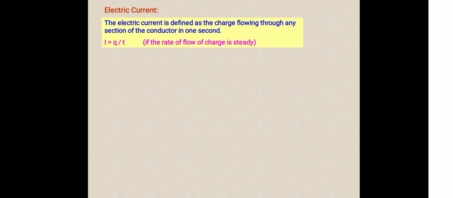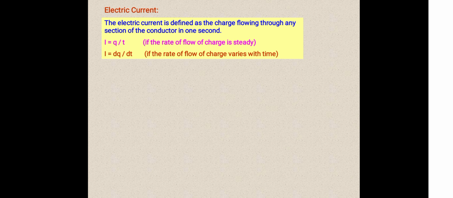First we will learn about electric current. So what is electric current? Actually, if two bodies charged to different potentials are connected together by means of a conducting wire, charges begin to flow from one body to another. The charges continue to flow till the potentials of the two bodies become equal. So the flow of electric charges through a conductor constitutes